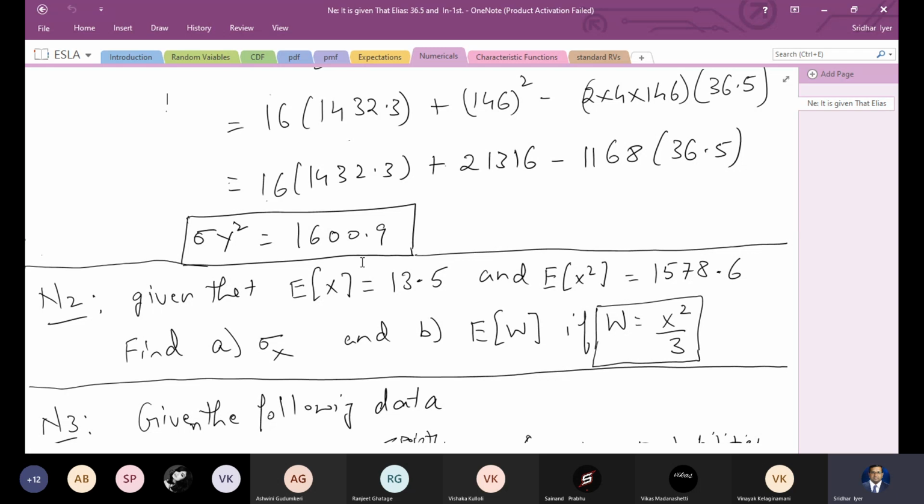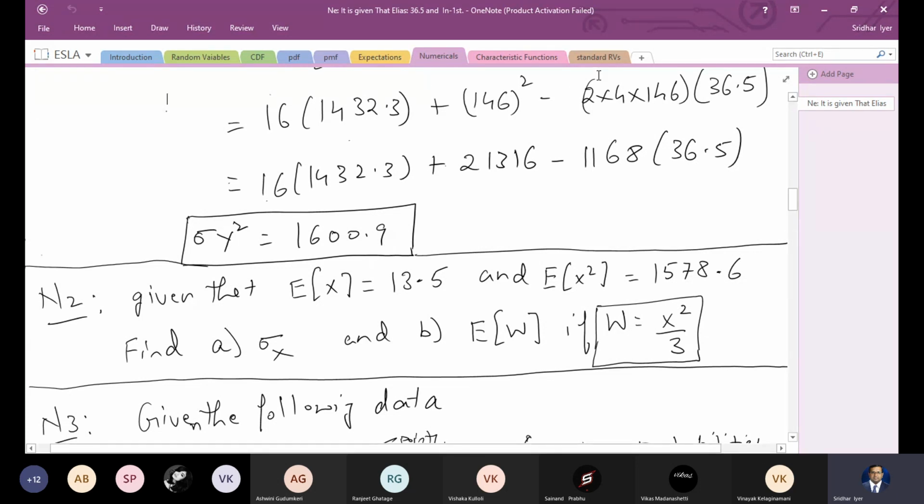I'm hoping that you've solved this numerical. We were not able to discuss it last time. So let us try and find what the answer would be. Anybody got the answer for this? I'd given this last to last time. Let us try and solve this numerical. I hope you have the numerical with you.